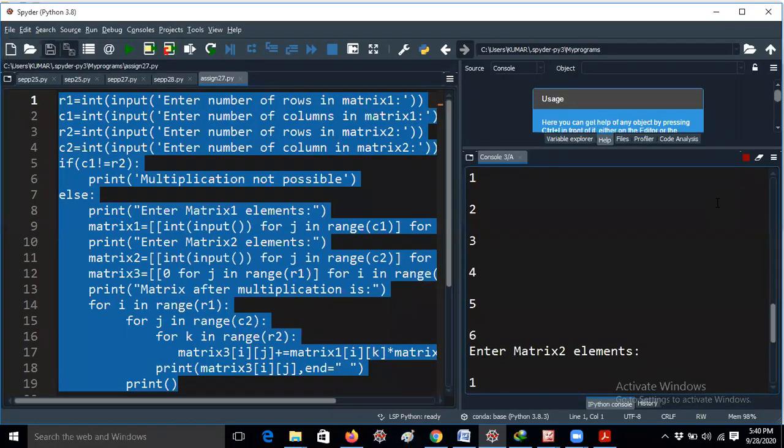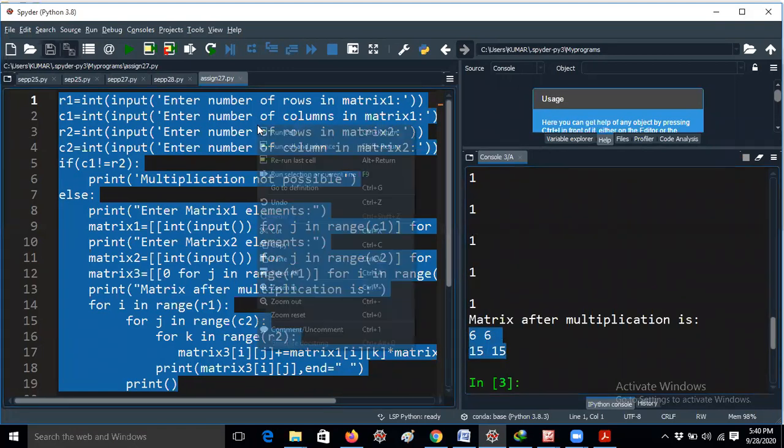I'm just giving 1, 1, 1, 1, 1, 1. Okay, I'm getting a 2 by 2 matrix as the resultant, as you answered already in the chat box, right, guys? So I hope you understand the question. I'm giving a 2 by 3 and a 3 by 2 matrix, and I will get the elements of a 2 by 2 matrix. So this is the resultant matrix. You can calculate. The result will be 6, 6, 15, 15 only.